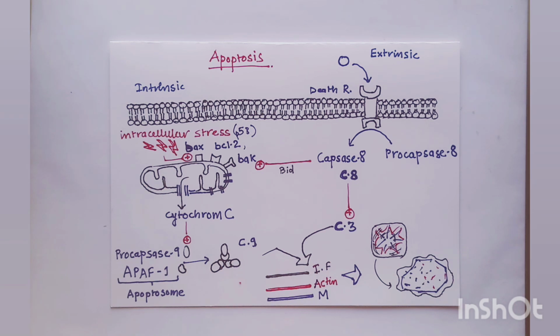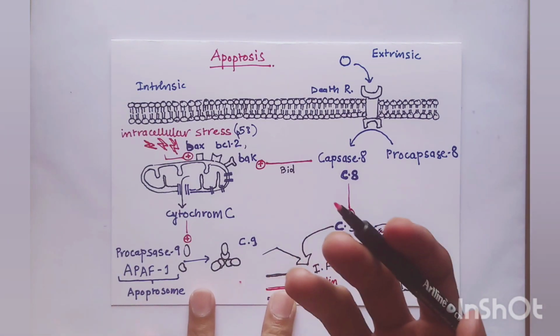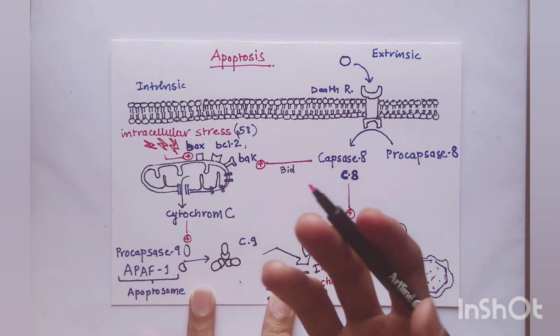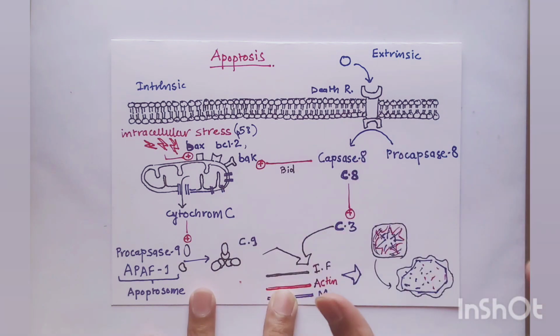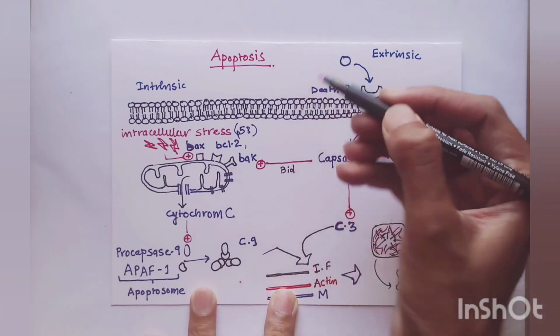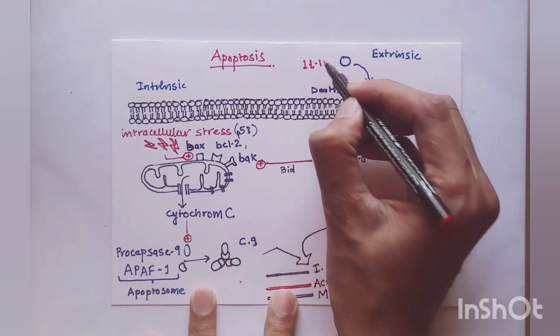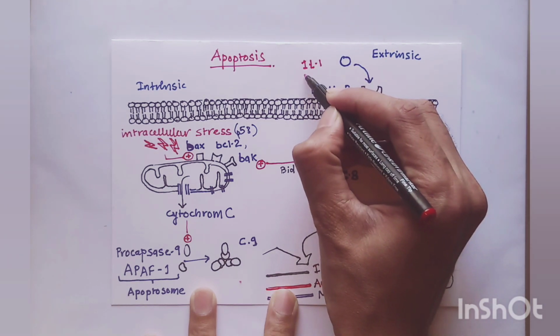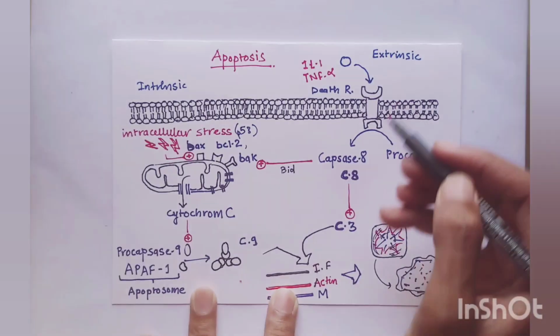In an extrinsic reason, there may be release of an inflammatory product or any kind of signaling molecule which triggers the process which causes cell death. So it may be, for example, interleukin 1 or tumor necrosis factor alpha. So such